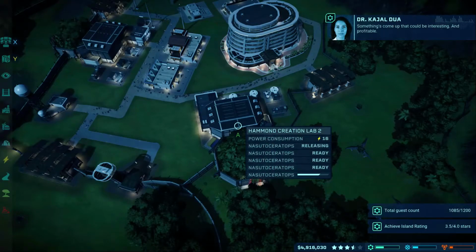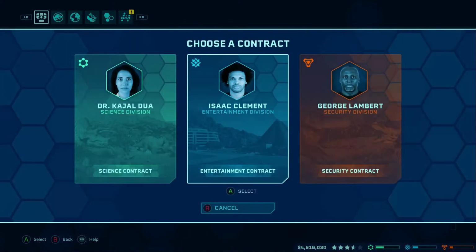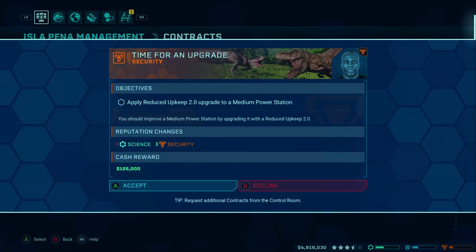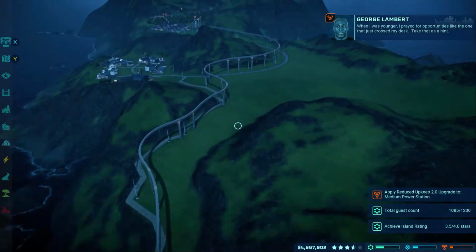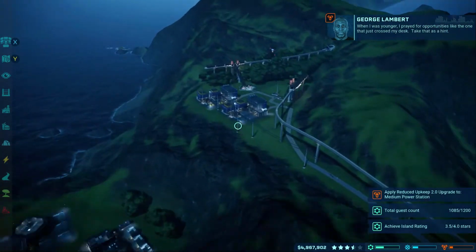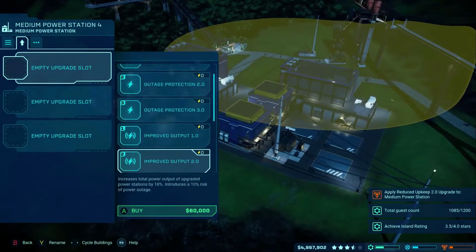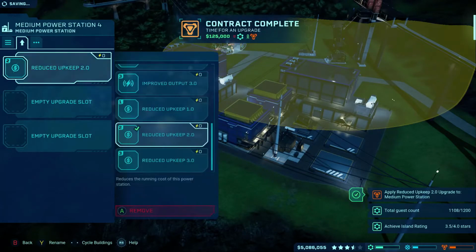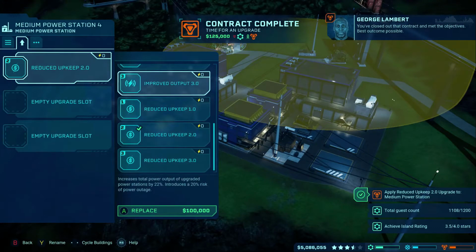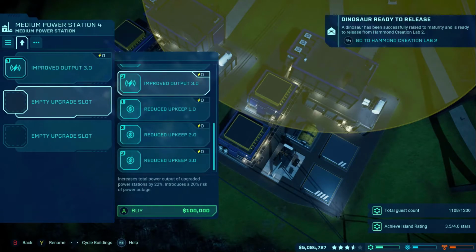Oh, well, there you go. They're really helping us out here with giving us these. I'm going to request a security, though, to make sure that they don't... Yeah, that's good. Reduced upkeep to a power station. To a medium power station as well, which I already have. So is it reduced upkeep 2.0? Obviously, I'm going to change it straight away because I need...